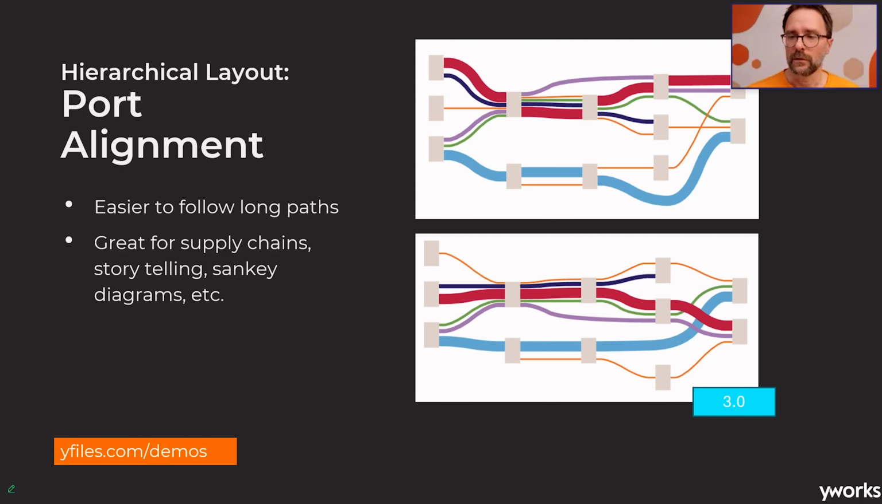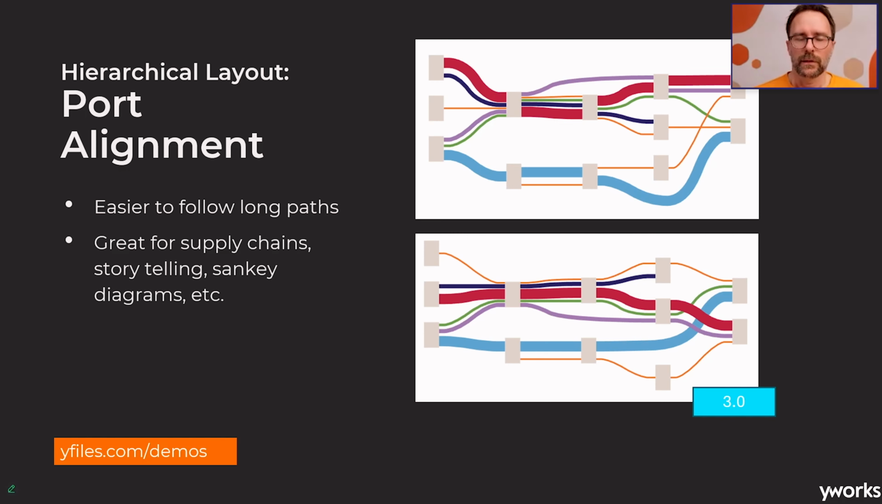And with the new version in 3.0, you can now configure the algorithm and tell it that these edges actually belong together, so that the edges, in this case of the same color and thickness, belong together, and they will be aligned on either sides of the nodes like this. And this results in a much clearer visualization, as you will probably agree, and is super helpful in use cases